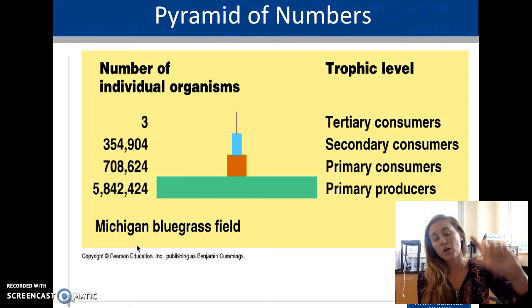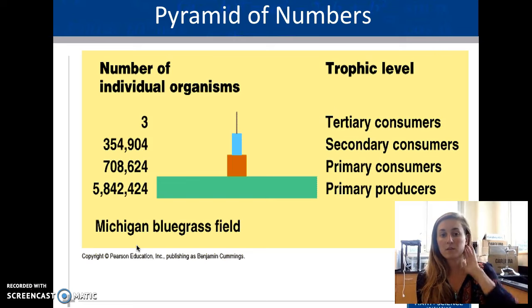This is talking about the balance between the number of individual organisms versus the amount of energy. Is this a terrible thing, that just because I'm at the very top I don't get access to as much energy? Not really, when we look at the numbers. There's a ton of plants in this field. At the bottom it's talking about a field. And there are quite a few fewer consumers. That means that there needs to be less energy to go around.